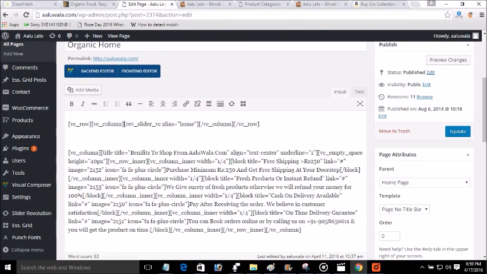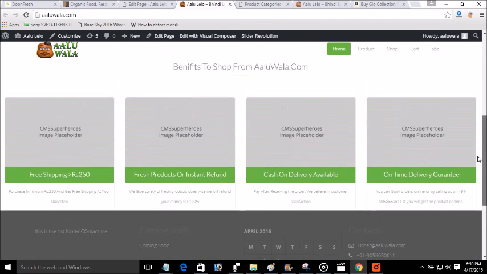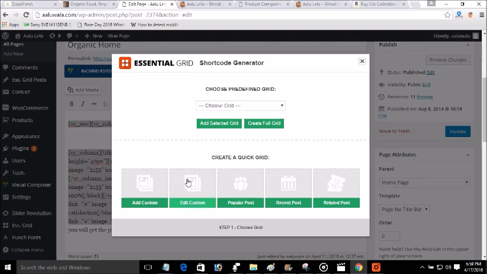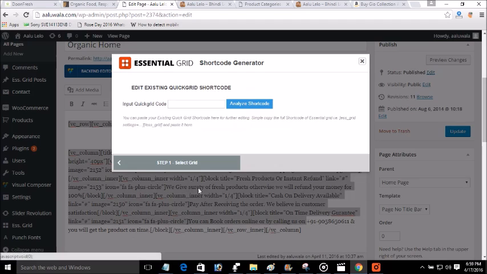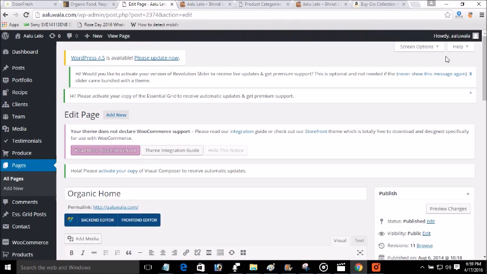This is the shortcode of the slider, which you will get by clicking on the slider settings. And you can see VC columns. There are 4 VC columns, and we believe in customer satisfaction and all that. These are the short codes, and this is the output of those short codes which I have created. So I can insert the product and all that by clicking here. We have different short codes which we can choose and use to make a responsive theme. So this is all which you must know about to create your own e-commerce store.